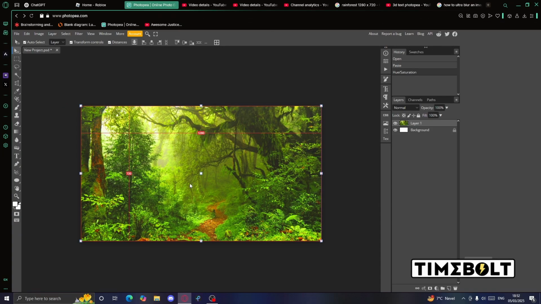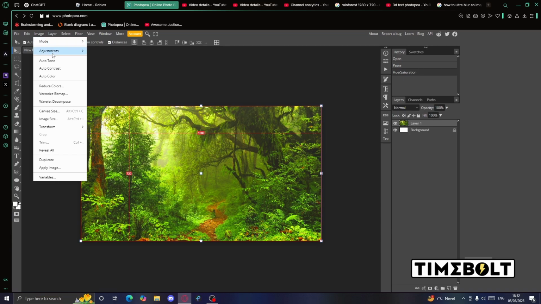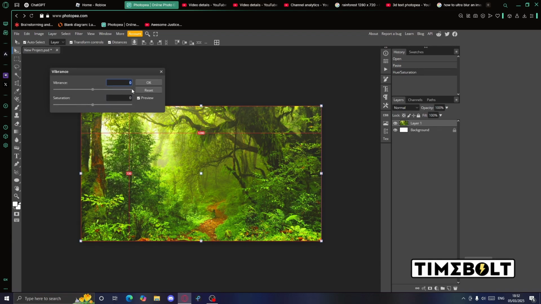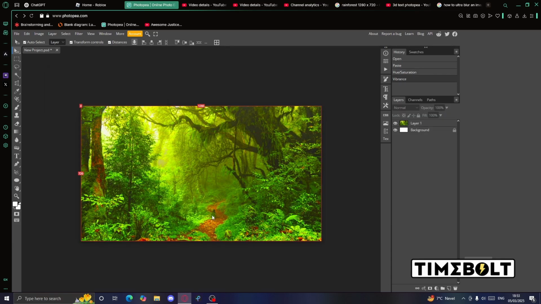And then next, while the image is selected again, go into image, adjustments, and then go to this vibrance tab. And don't touch the saturation, just put the vibrance all the way up. And yeah, the vibrance just adds a ton of extra color and it makes it look a lot better. So to give you an example, this is with the vibrance set at 0. So then the image went from this to this. So watch closely again. See, instant difference. And yeah, that's how you make the background of a thumbnail actually look good.